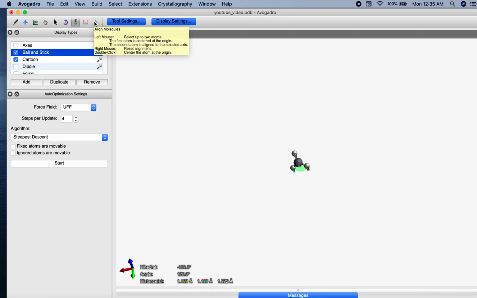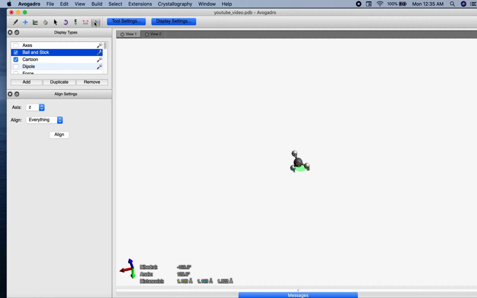This one is called align tool. Align tool means, if you click this one, that means the align tool is used to rotate and translate the molecule. See, if you want to rotate, it starts to rotate in the Z direction. See, there is a Z. Okay. If you want to change the axis, it will change in the X direction. See,